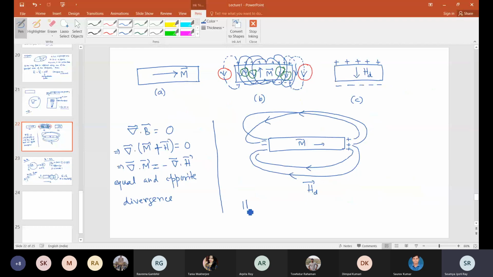So we are calling HD the demagnetization field. As we see, this field is originating from M. So if the value of M is high, more return flux lines will appear, which means the value of HD will be high also.